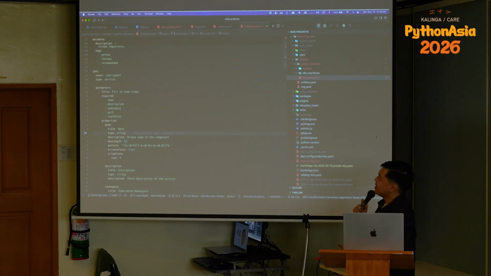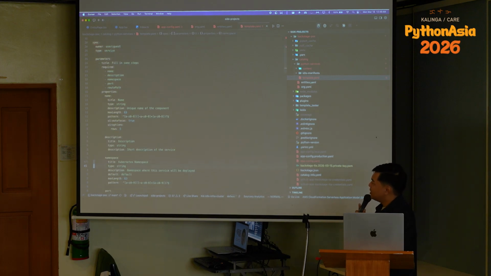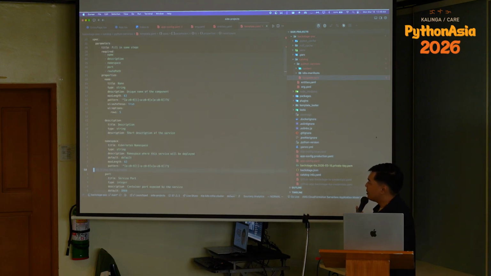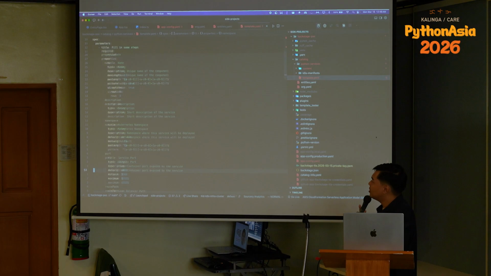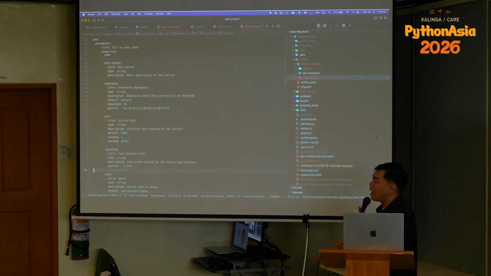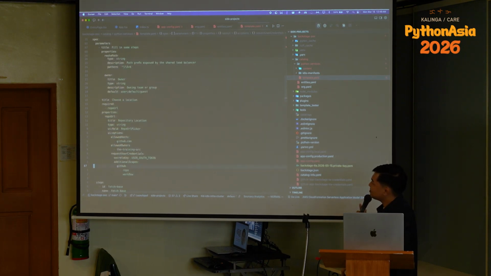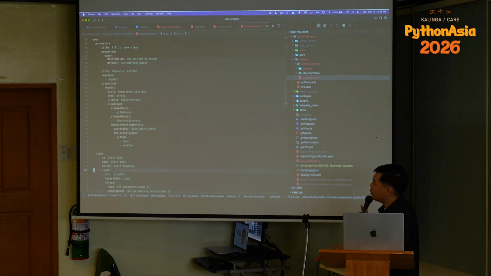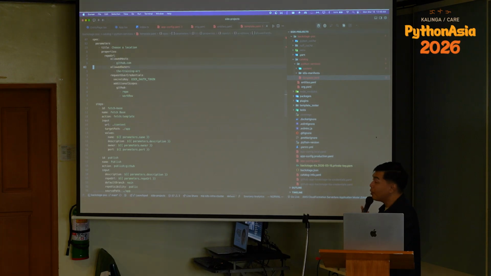So we've instructed Backstage to collect these fields, all right? And these fields have restrictions, like this regex pattern. We're going to ask for the description, the port, the route path, and then a bunch of other properties like the name of the repository we want to put this in, right? So it will collect all of that data about where we want this service to be created, and it's going to perform some steps.